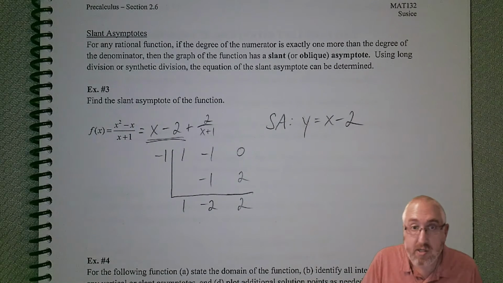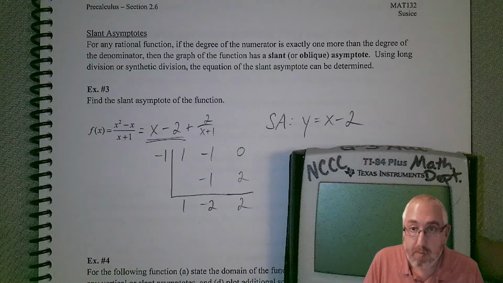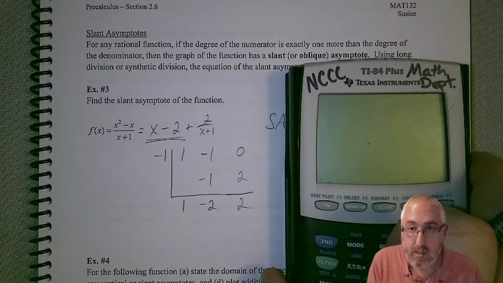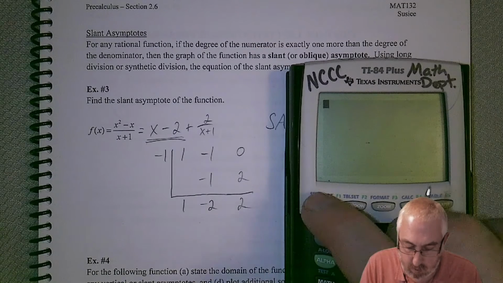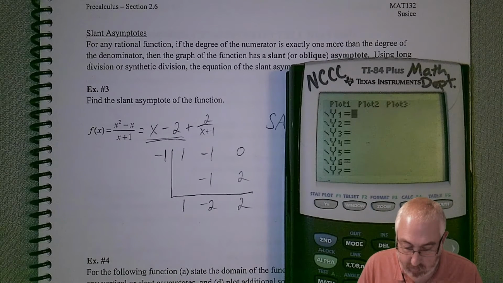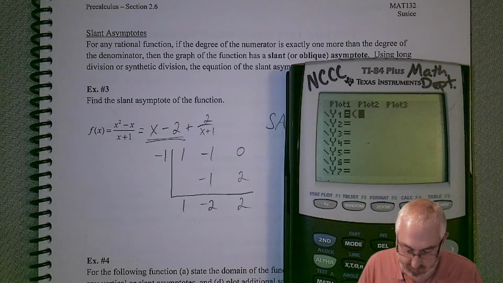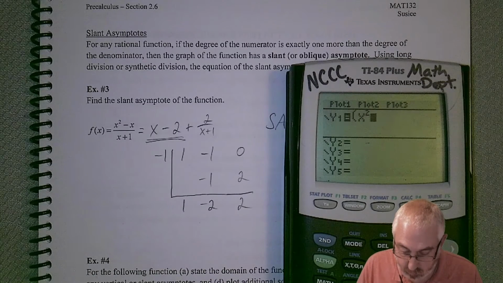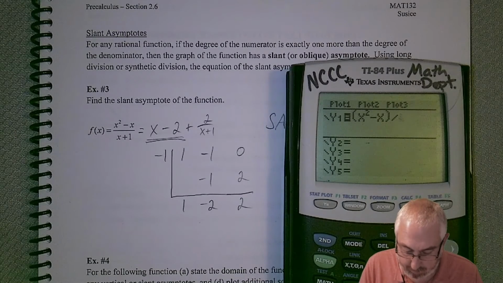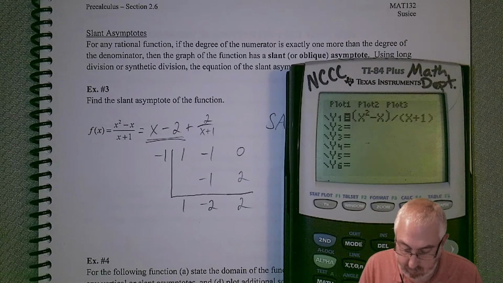Now, just to check, let's do it on our graphing calculator just to see. So if we turn this on, we can clear this out. Let's use parentheses just to be absolutely careful. So x squared minus x, all over x plus 1. And so if we graph it,